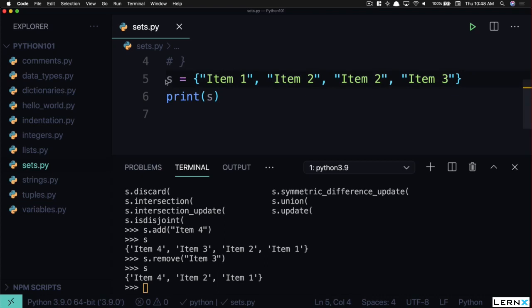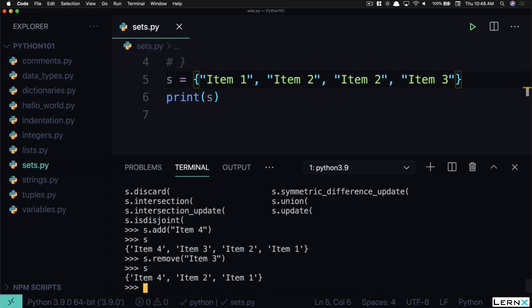But for now, just go ahead and create a set. Remember, its syntax is an opening and closing curly brace. There is no key value pair. It's just a list of values. There is no key in there, so there's no colons whatsoever. And then I want you to do set.add and set.remove, and make sure it actually adds and removes those particular items that you're trying to add or remove.